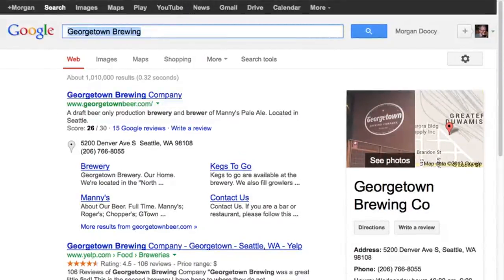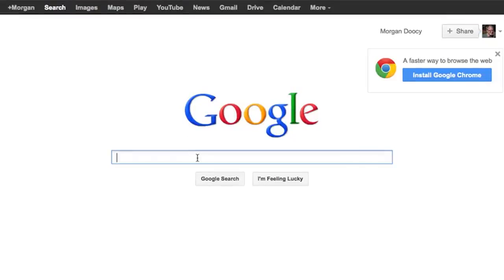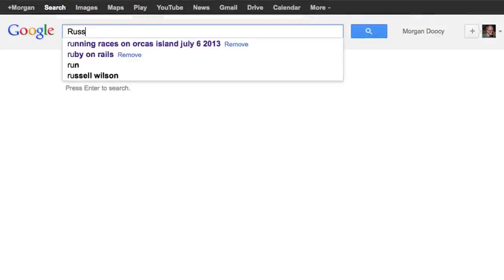So this is a program. Search is a program. It doesn't have a file extension like we would normally expect, but this search is a program which is responsible for accepting certain input from the user and generating output based on that input. So we need a way to supply that input, supply that information, and it turns out this field that we saw initially is the way that we supply that. Once we type in Russian River,